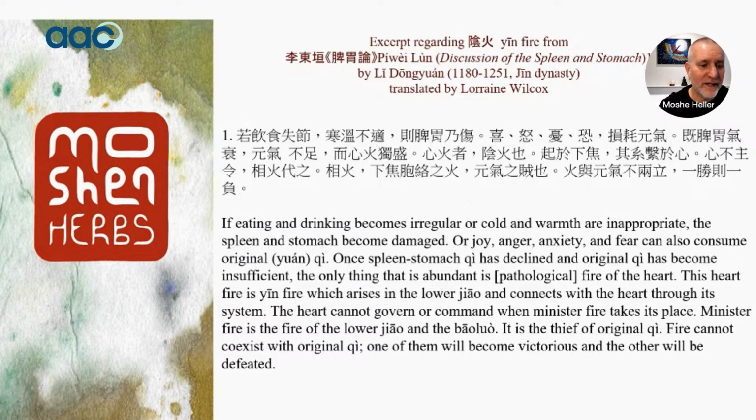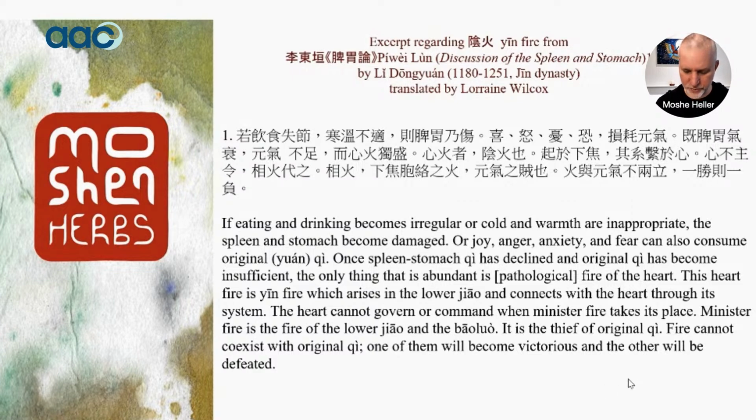So ministerial fire is the fire of the lower jiao and the bao luo. There's a whole discussion of what bao luo means, which we won't go into. And once that ministerial fire is this, it is the thief of original qi. Fire cannot coexist with the original qi. One of them will become victorious and the other will be defeated. So we see this kind of mechanism that's described,